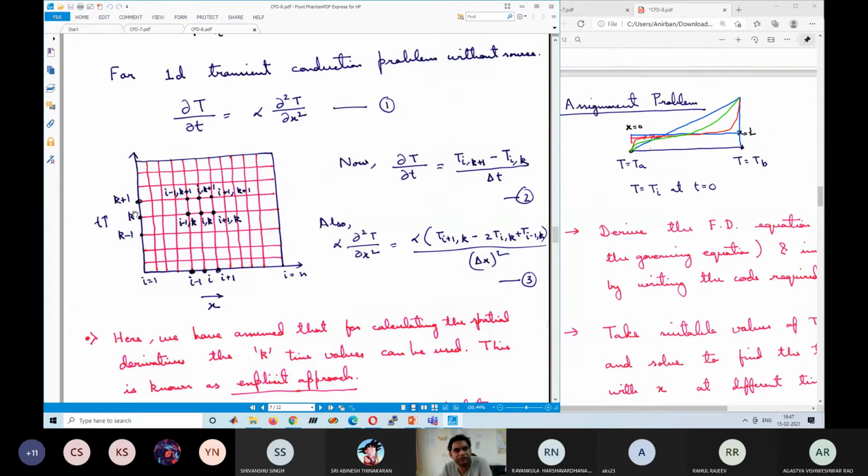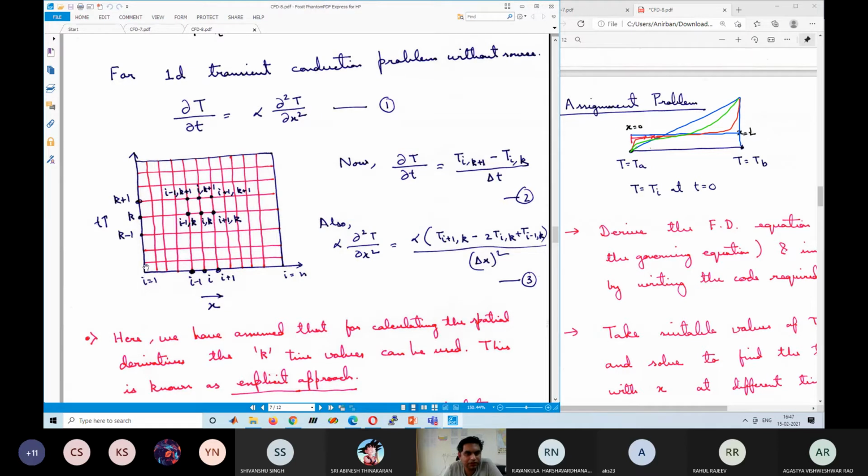Okay, because j is generally used for the y direction, we are going to call it k. In the time direction, the first time, t equal to 0, is k equal to 1. Then there will be a time step also, like delta x. There will be a delta t also, that is known as the time step. Delta x is the grid spacing or grid step. Delta t is the time step.